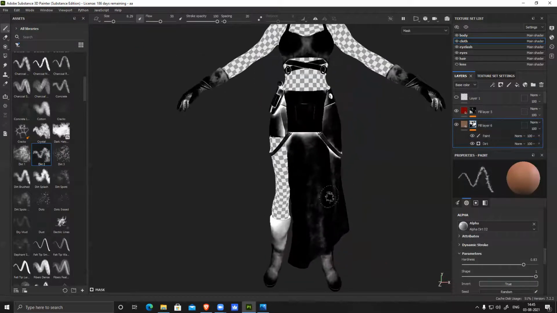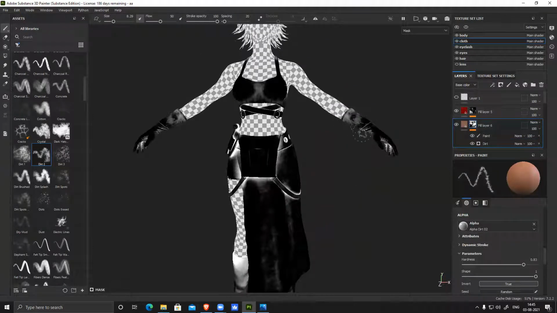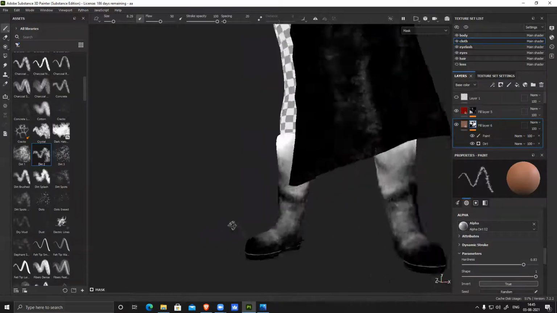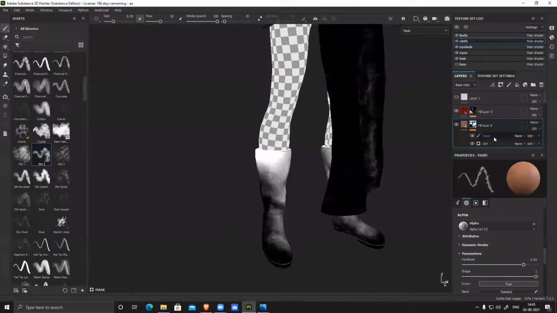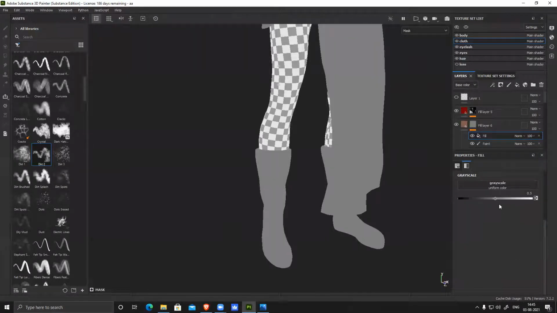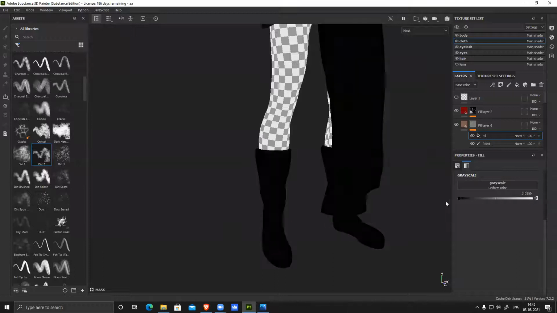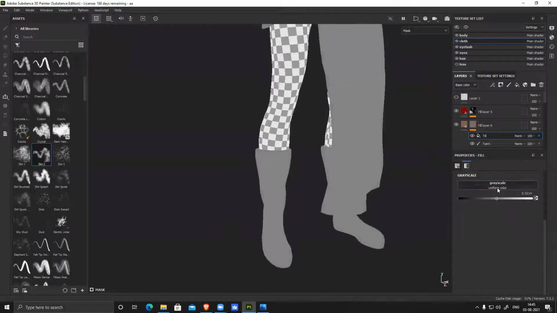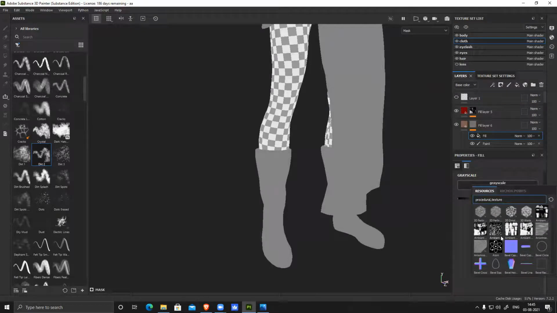So you can see this looks kind of fine, but shoes are super bright and white, right? So what I'll do here is I can add a paint layer or I can add a fill layer, make it white or make it black, some gray or something. Doesn't matter. I'm going to use a cloud here.